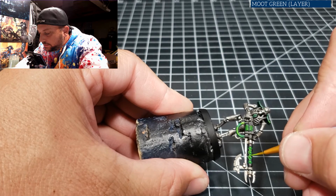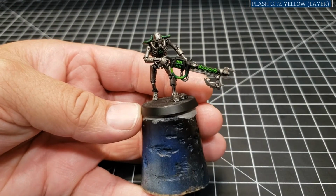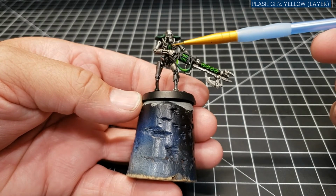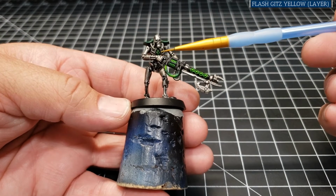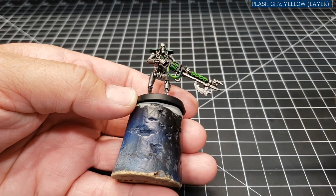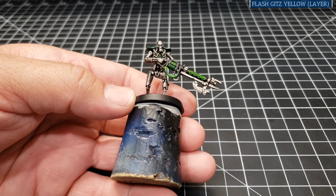that aside, we will cut this off right here. All right, so the Moot Green is done. Well, something I didn't mention is a little bit of Moot Green on just the very far edges of the icon, just to make it stand out a little bit, as well as in the eyes. But I'm probably going to go do the eyes with Flash Gitz Yellow. Now, the Flash Gitz Yellow,